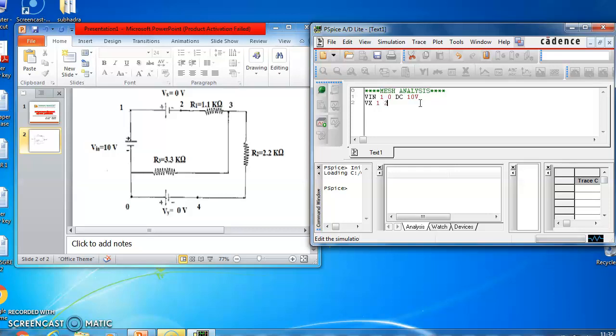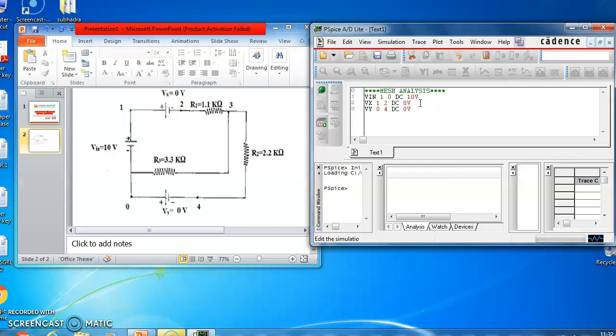Next, another dummy source is placed between 0 and 4, DC type, with a magnitude of 0 volts. With this, I have completed my voltage sources.